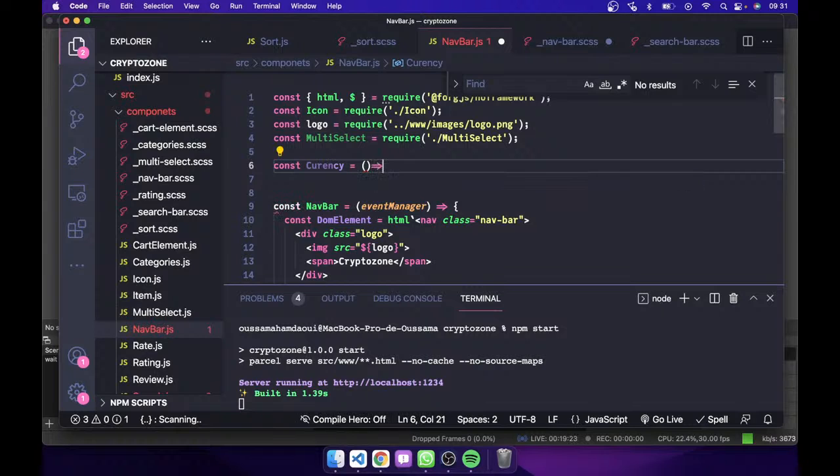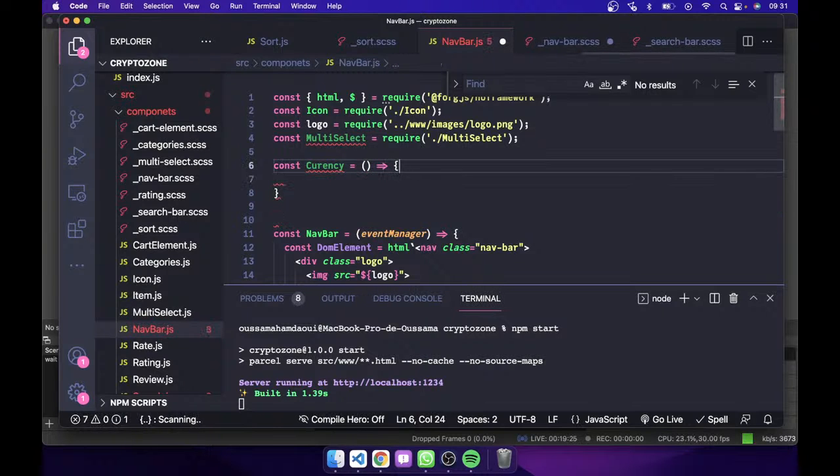That's gonna be a function that's gonna get, I think, the name and image. Yeah, and it's gonna return